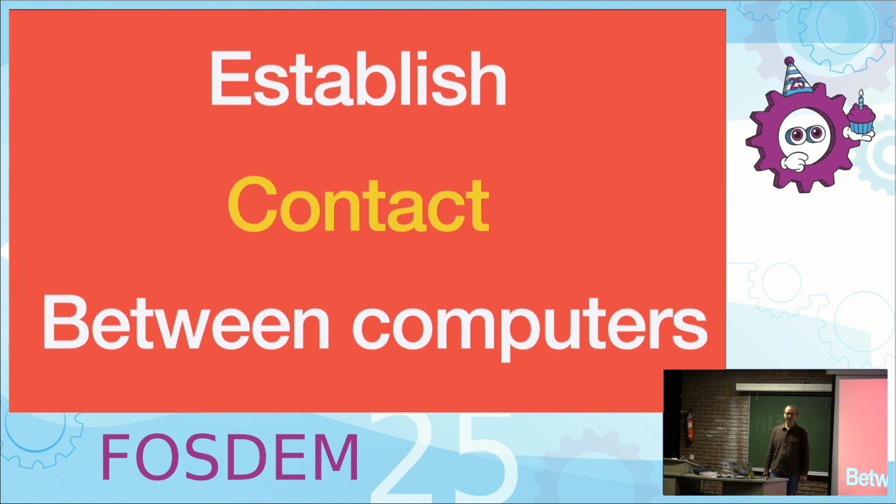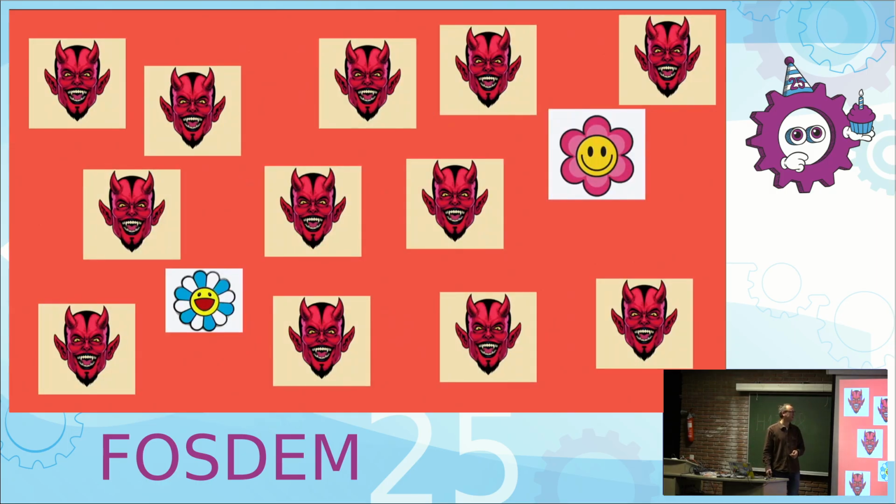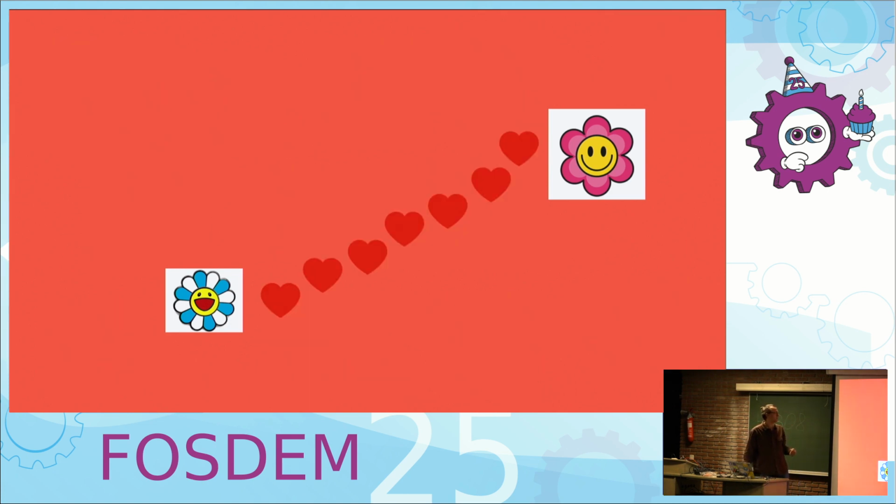The easy part for computers to meet is, you just use the domain names, right? You know the domain name, you know that computer is there, you know how to reach it. And especially if you use HTTPS, then you know you're talking to the right computer. Now the hard part is to know which computer to talk to in an evil internet. How does the blue flower, who wants to talk to computers on the internet, but is very scared and small in an evil world, but still wants to talk to the pink flower, how do they find each other? So I'll answer that later.